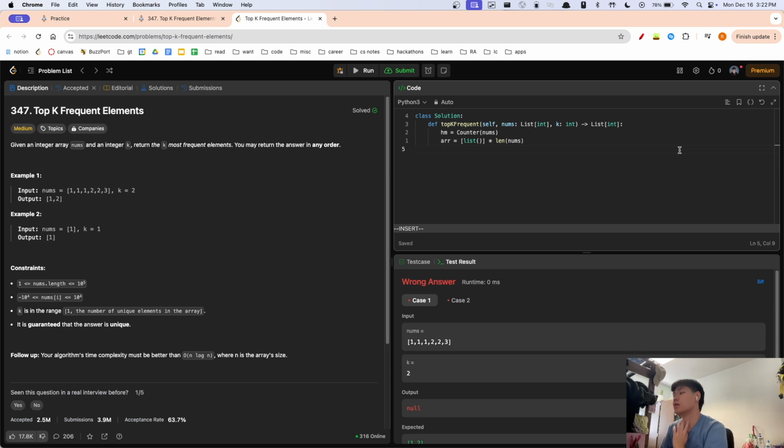So I can make a list for a length of that, and then for key value in items, not the items. So array at index value. So we're gonna append this key, right? And then